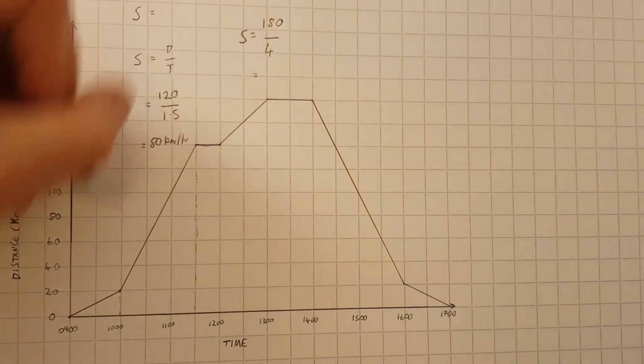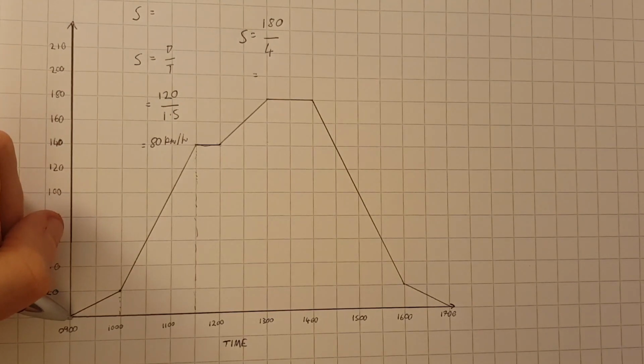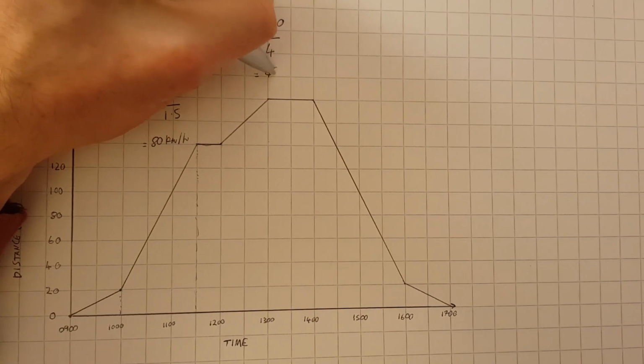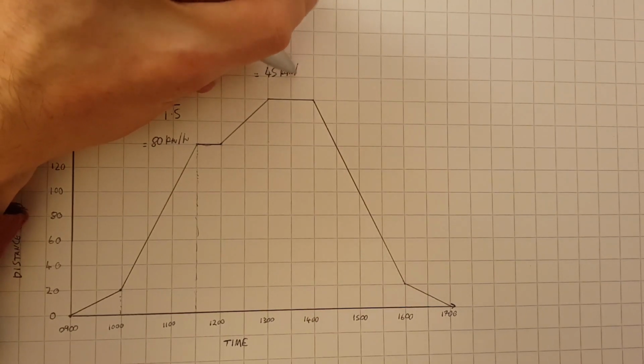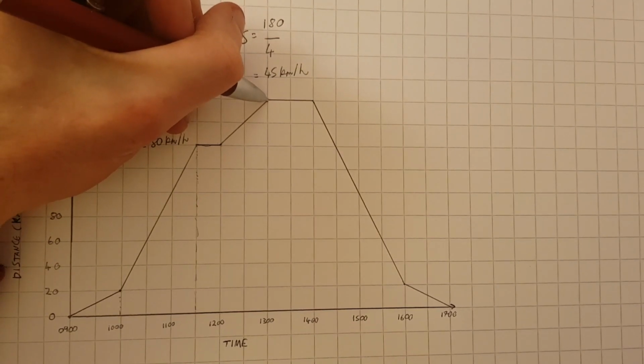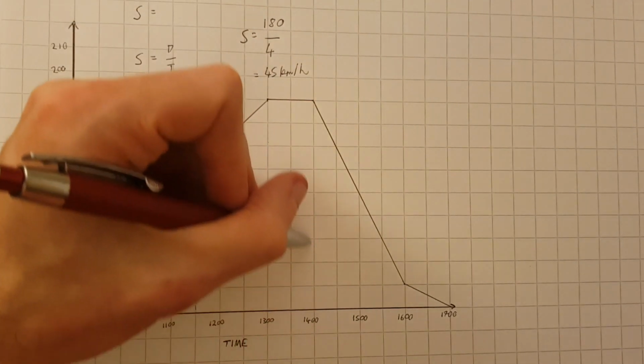So the average speed for the entire morning and the start of afternoon up to 1 o'clock is 45 kilometres per hour. Now once again at 1, it seems like we've stopped until 2 o'clock,